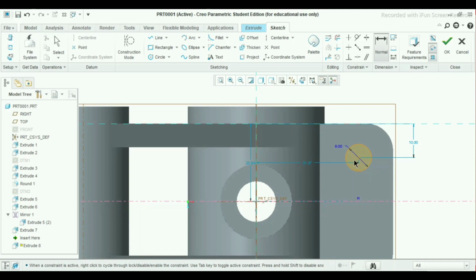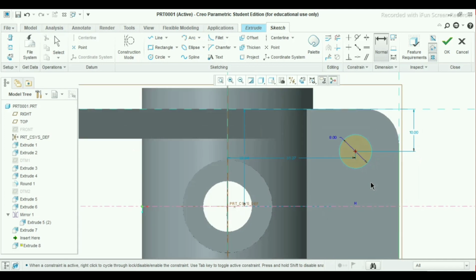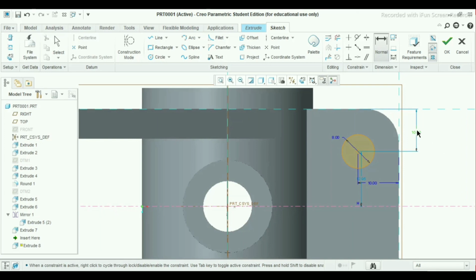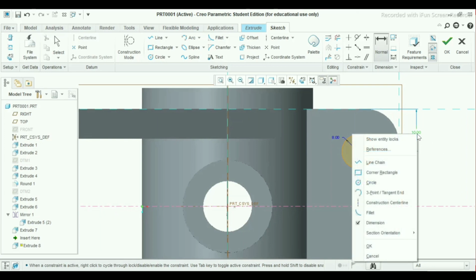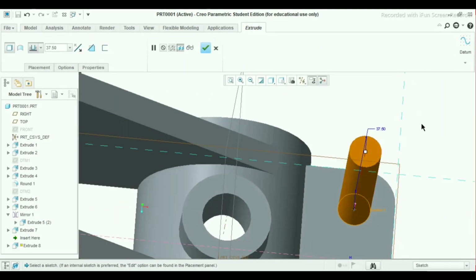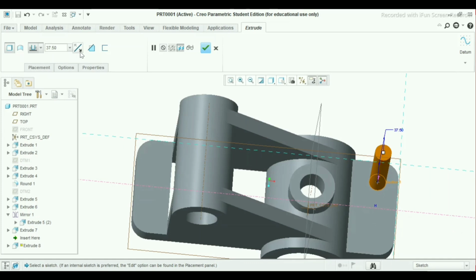Take normal, select this point and this line, press the scroll button, take it as 10 mm. Now press OK. Change the direction here. See, it selects the remove material here only.